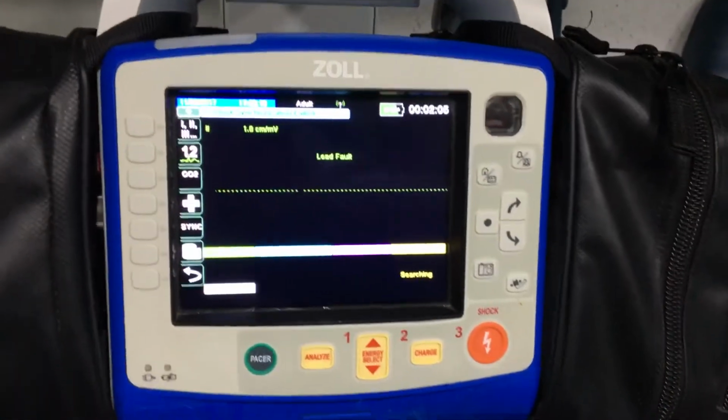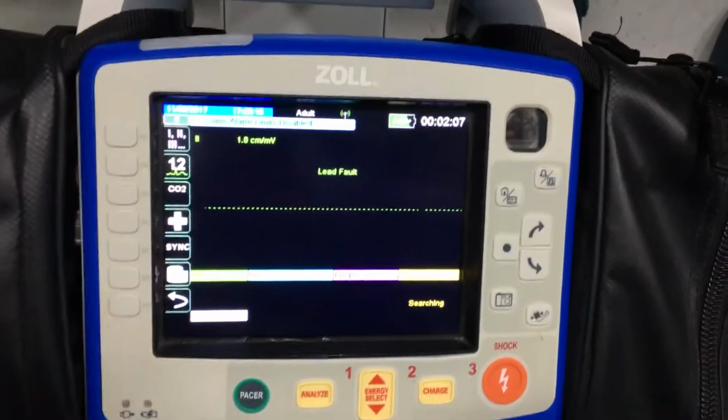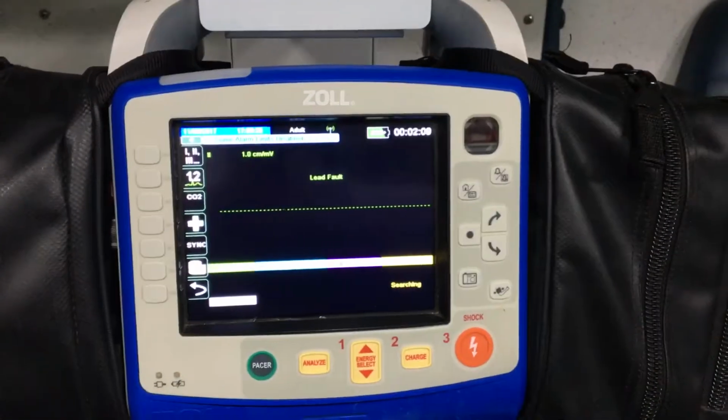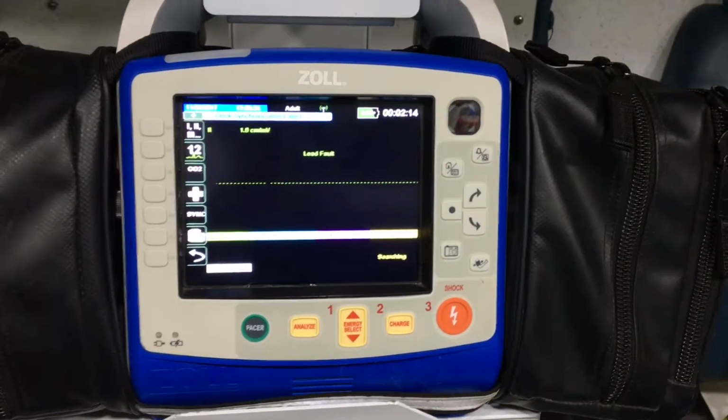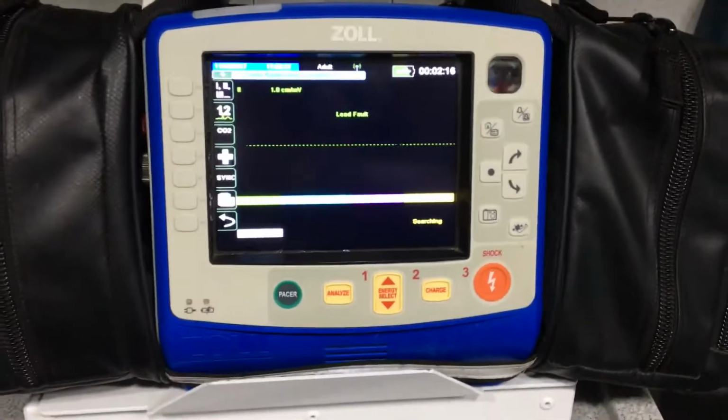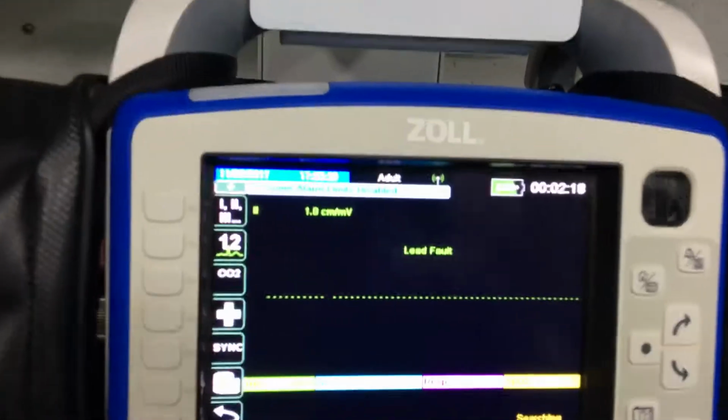Hello again. Alright, we're going to do a video on how to upload the Zoll information to your vitals section in the ESO, and then I'll show you how to send a 12 lead to Liberty Hospital. So first off,